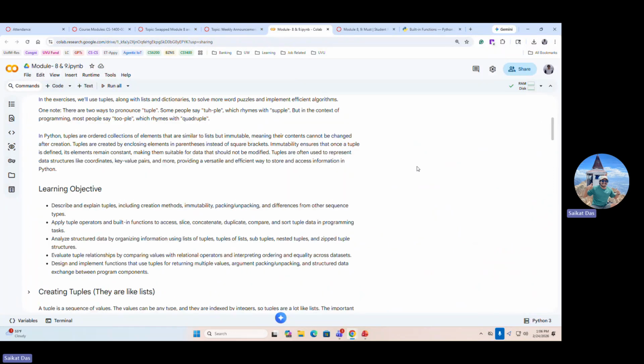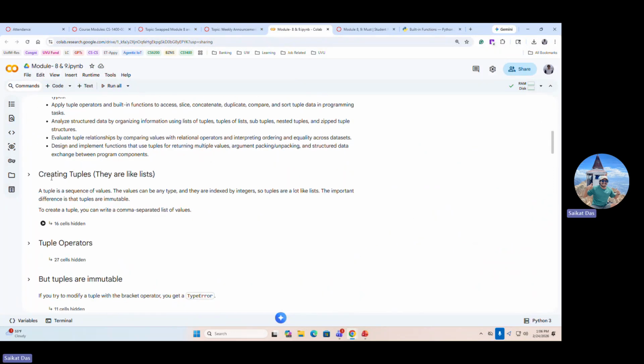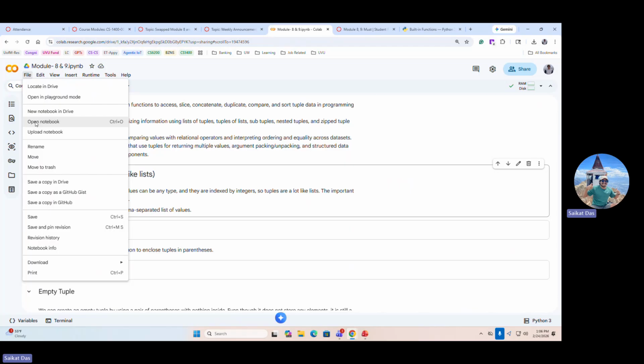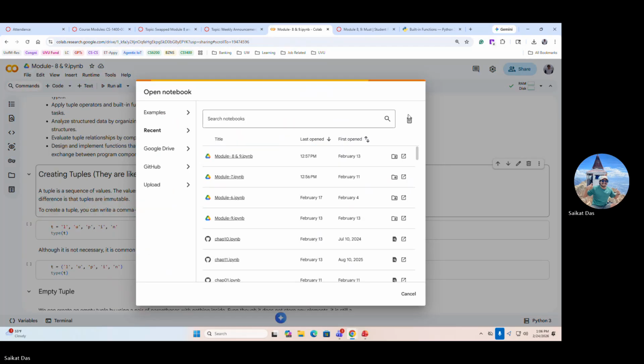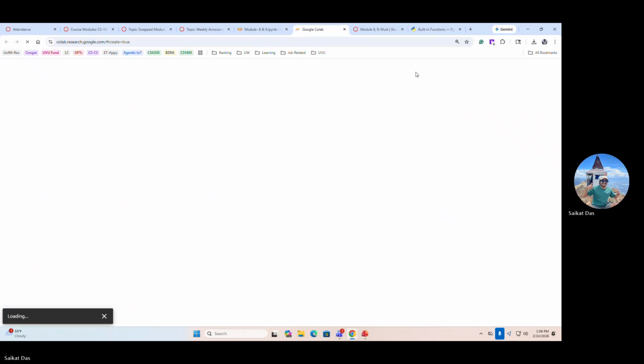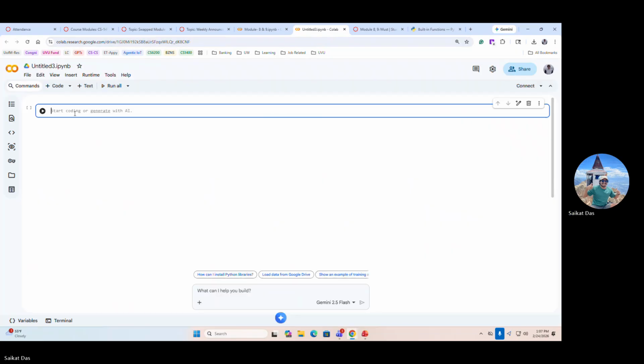So tuples, we can create in different ways. If you just write some comma separated things, let me create a new notebook. Tuples are a list of data, but they are comma separated, just like a list. So for example, if I'm just using a list 1, 2, 3, 4, 5,